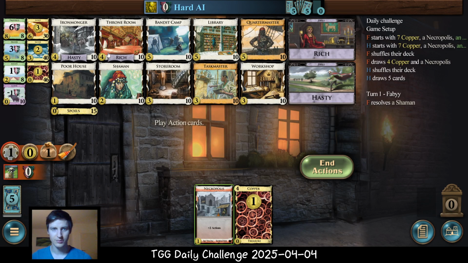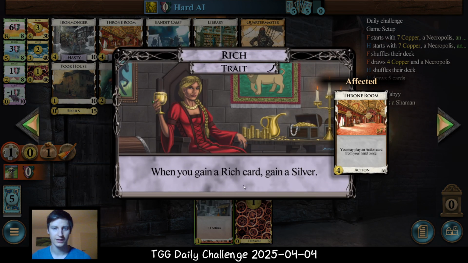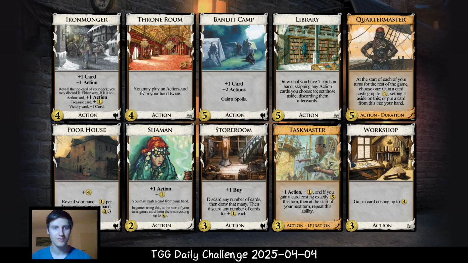Another card that comes with a trait is Throne Room, which is rich in this kingdom. When we gain a rich card, when you gain Throne Rooms, we also gain silvers. And Throne Room itself says you may play an action card from your hand twice. One of the best villages, maybe the best village in the base game, because it lets you double play action cards. It also lets you double play other Throne Rooms, which then can play 2 cards twice, and that's the